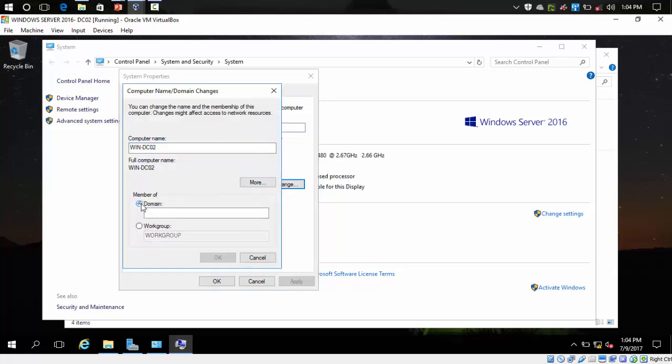Add it to our domain controller 1. Okay, so we want to add this server to our domain before we can promote it and make it a domain controller. So type